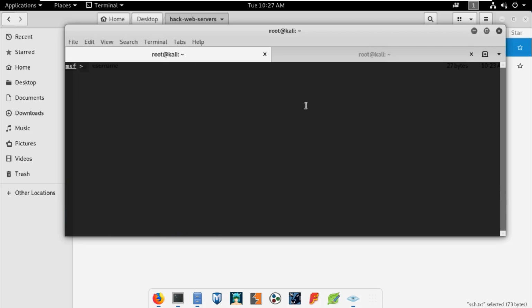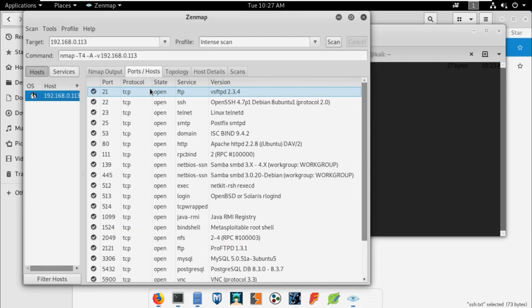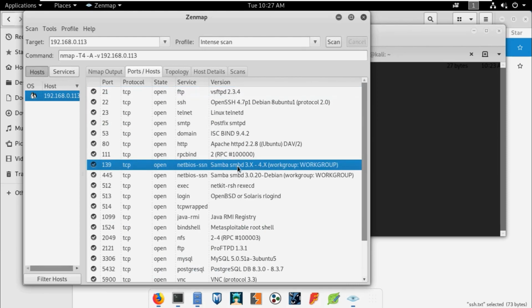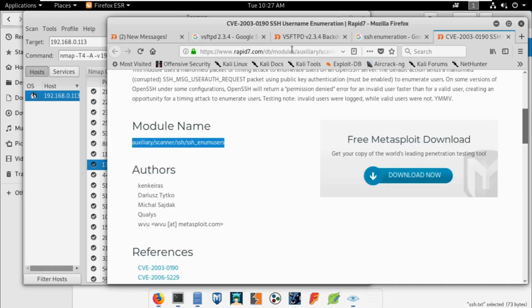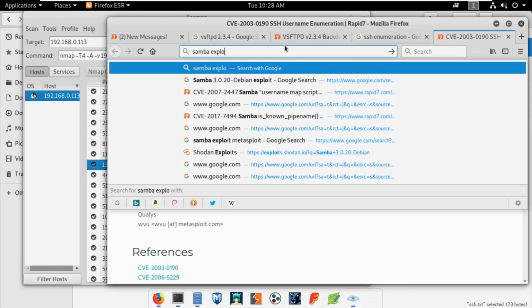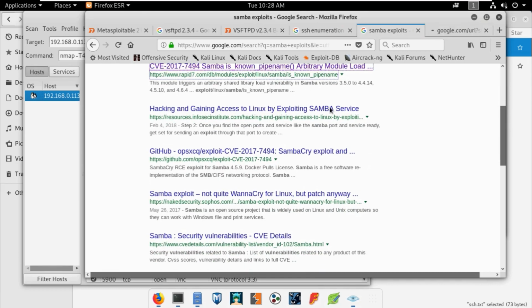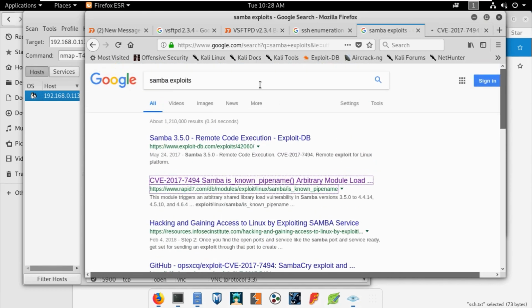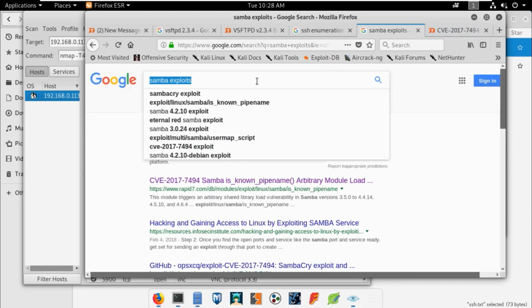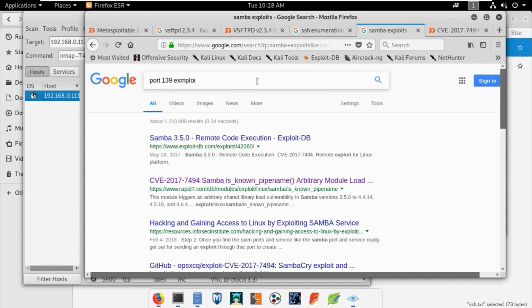Clear the terminal. Now we have successfully exploited port 21 and port 22, the SSH service. Now we are going to exploit port 139, which is the Samba service. Let's search for Samba exploits. Just go and hit... no, this one is not it. Let's search port 139 exploit, sorry, my mistake.